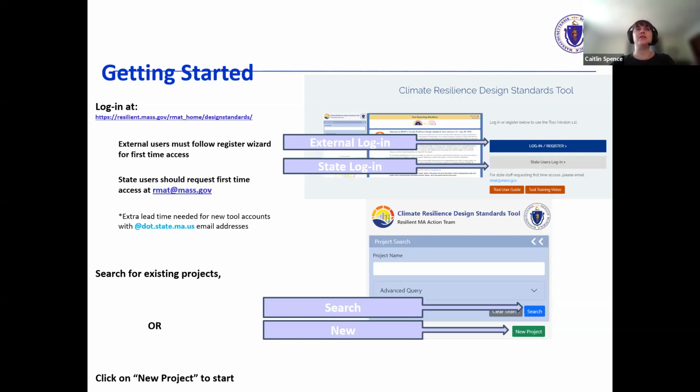State users who work for the state of Massachusetts should request access by sending an email to rmat@mass.gov. This may take a few days, so please try to register state users a few days ahead of when you will need to use the tool.